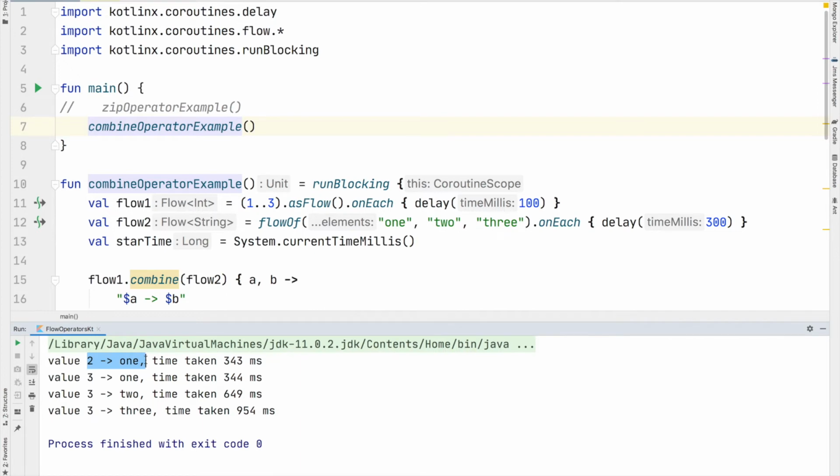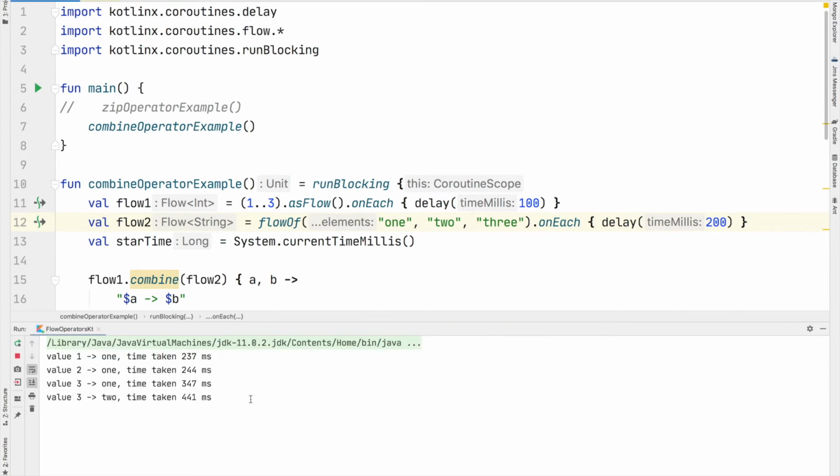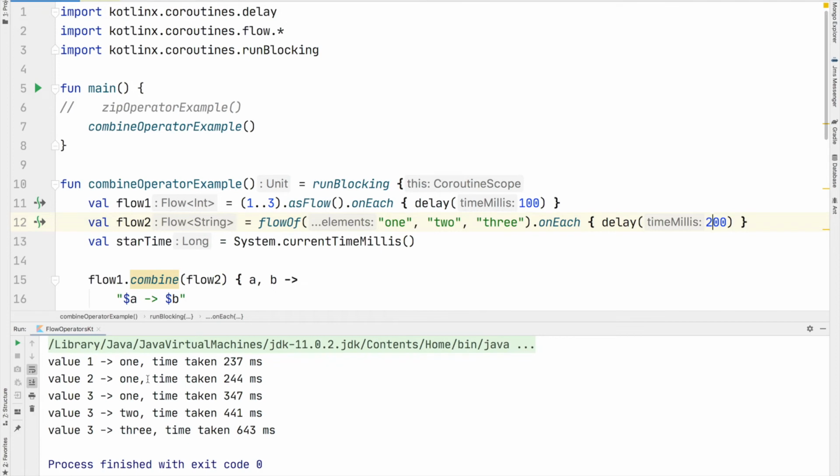I'll explain why we haven't got the element 1, but before that let's reduce this time and then rerun this example. I'll come to the previous output, but before that let's see this output and try to understand how it is working. So if you see here, we got a mapping from the numeric value to the string 1.